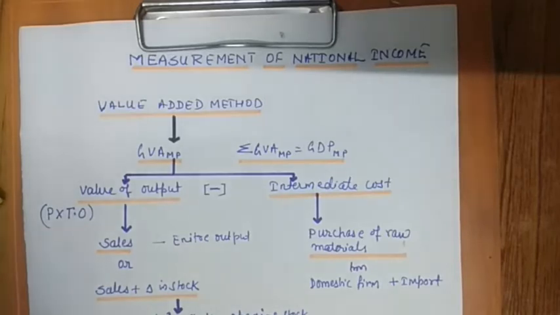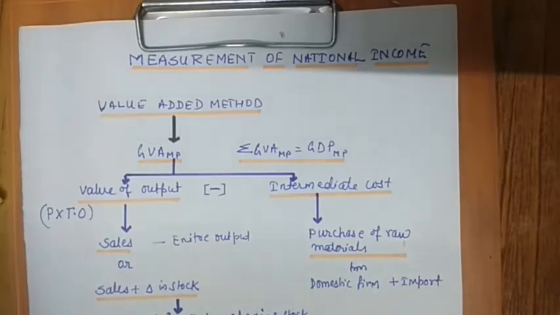Production is done with a view to sell it in the market. But in actual practice, a firm may or may not be able to sell its output. If a firm is unable to sell its output in a year, the remainder quantity of output becomes the unsold stock. The unsold finished goods, semi-finished goods and raw material lying with the firm are called inventories. So this is the change in stock, and this change in stock can be calculated by closing minus opening.